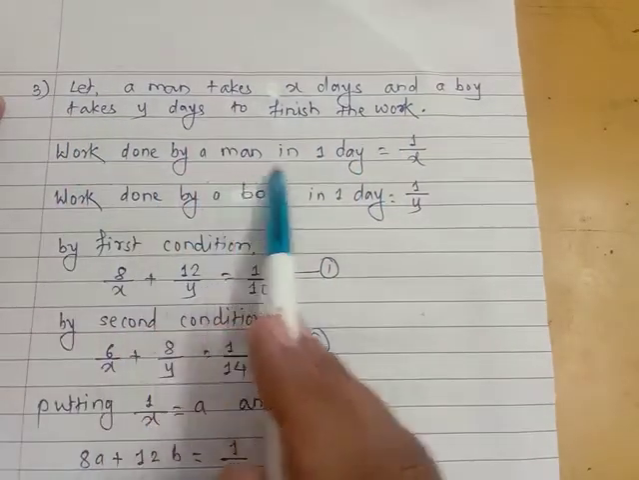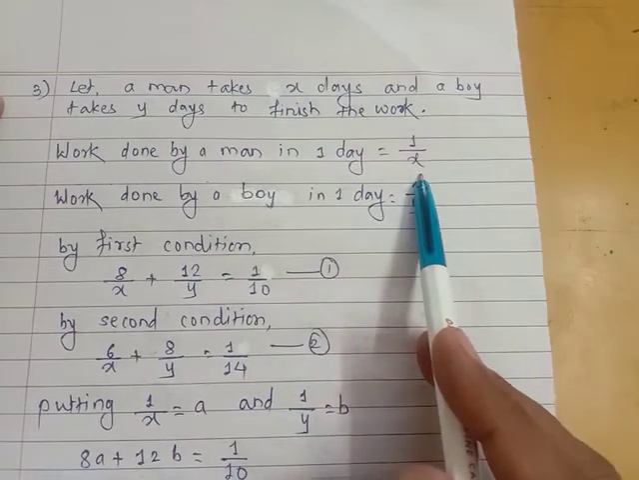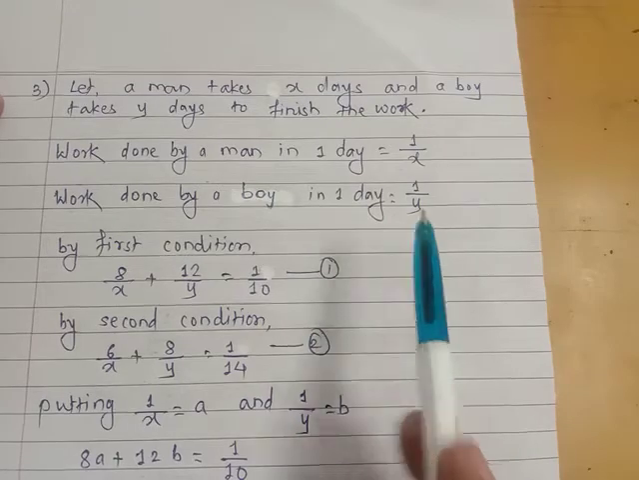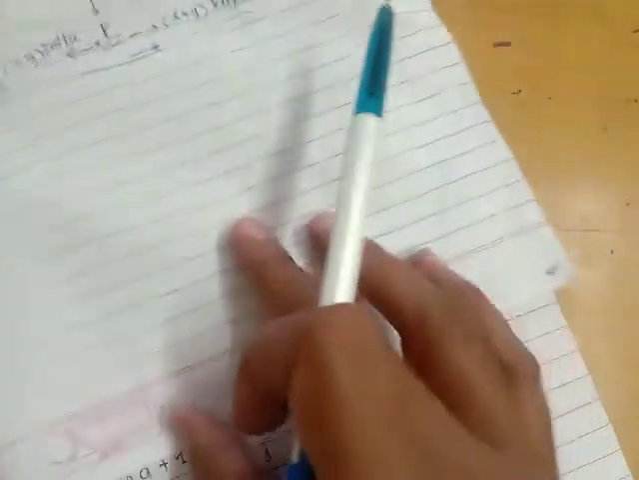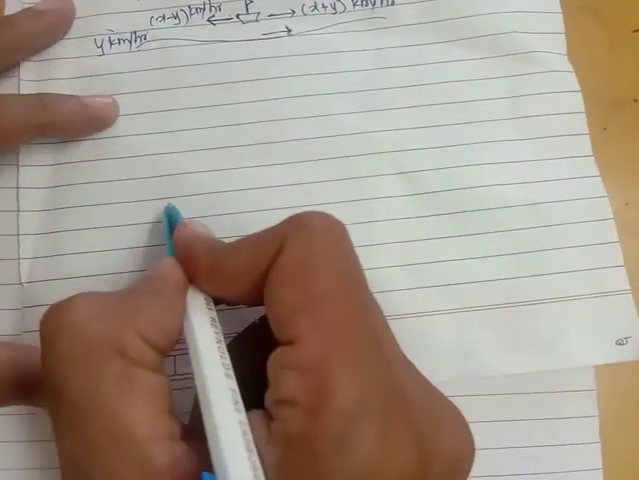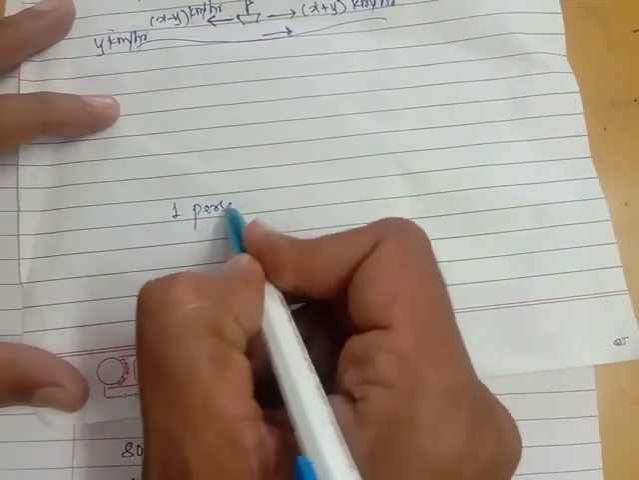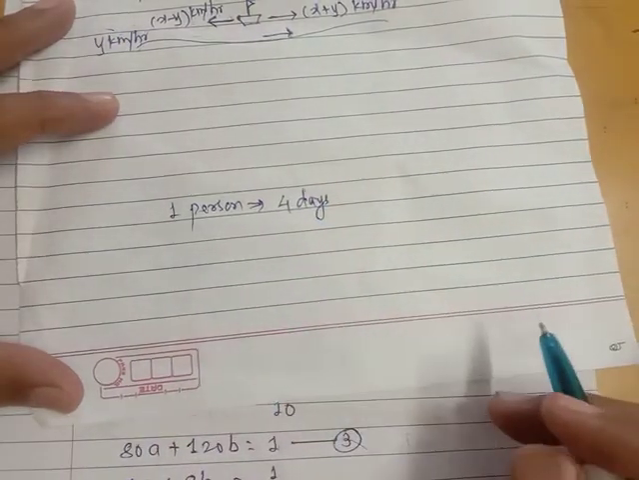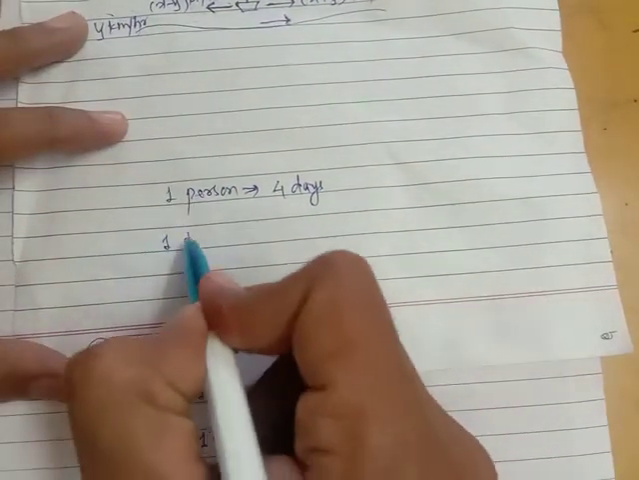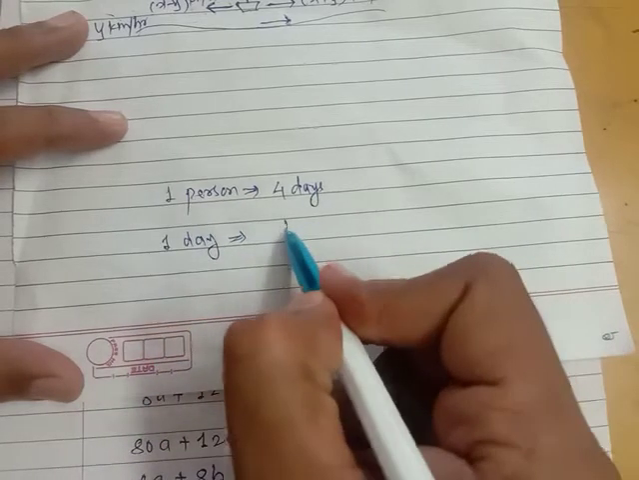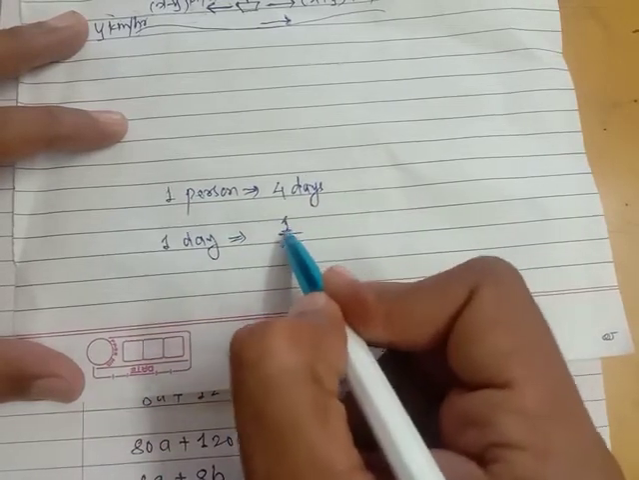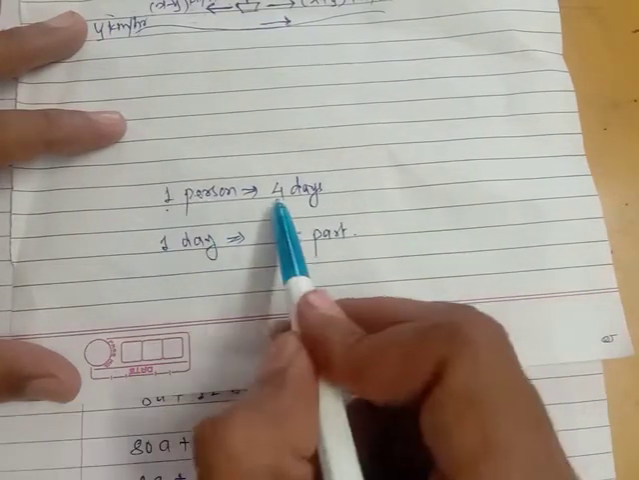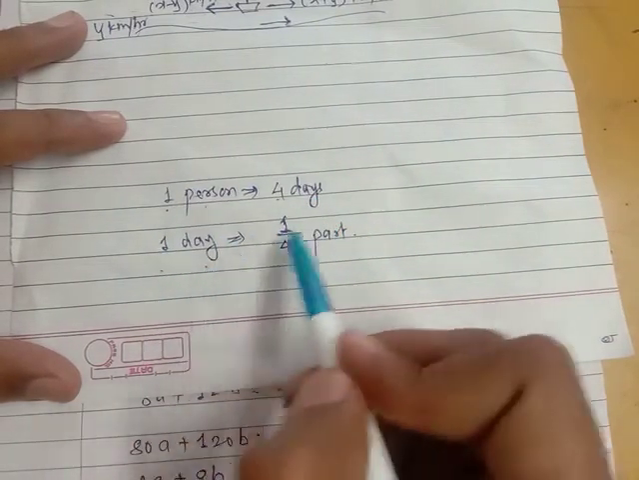Work done by a man in one day is 1 upon x part of the work. Work done by a boy in one day is 1 upon y part of the work. What does it mean? Let me explain this one. Suppose a person takes 4 days to finish a piece of work. So in one day he will finish 1 upon 4 part of the work. On an average, one person takes 4 days to finish a work, so in one day he will complete 1/4